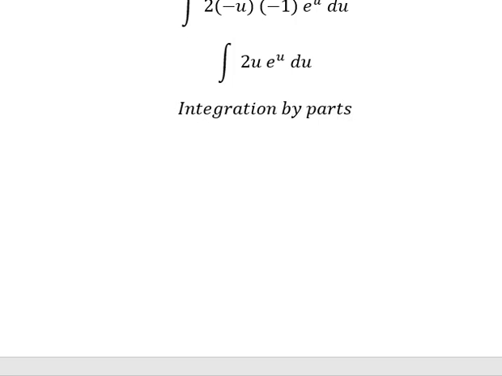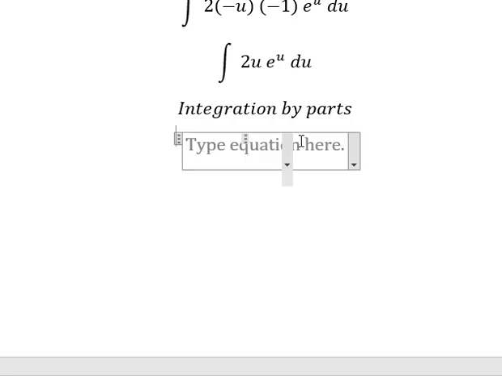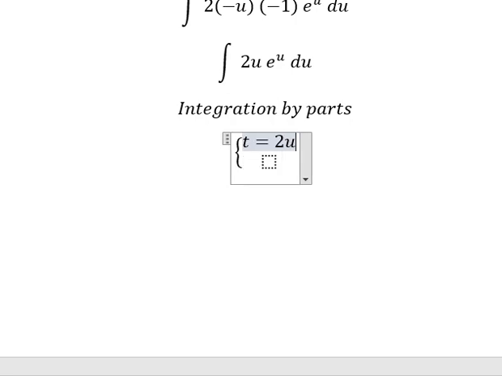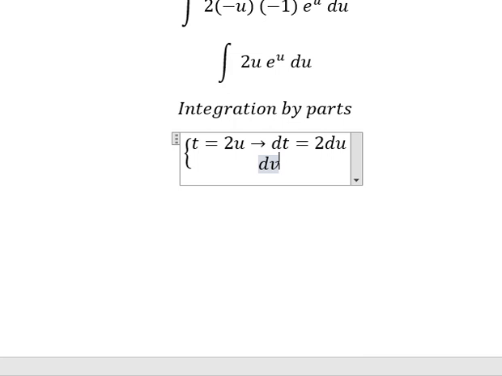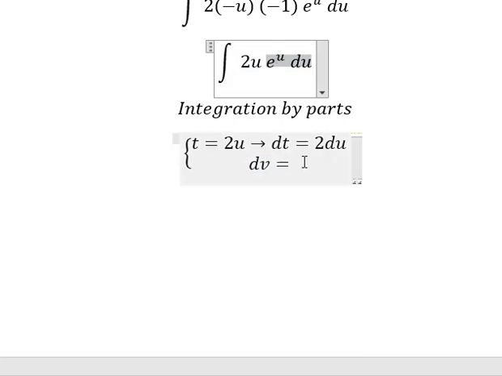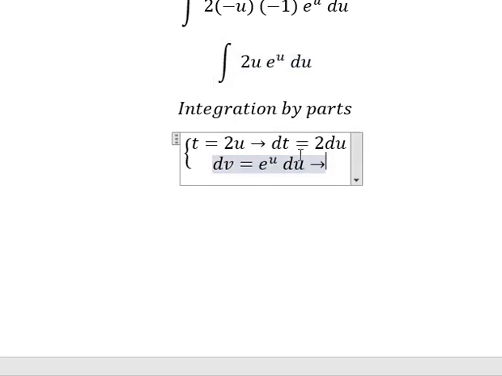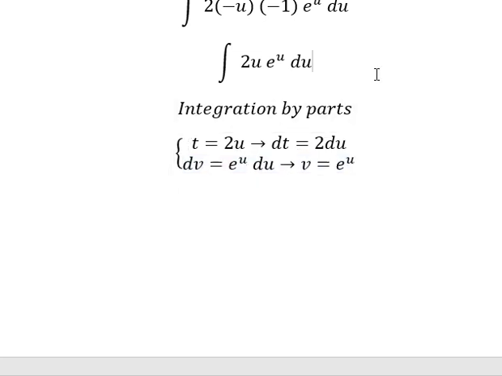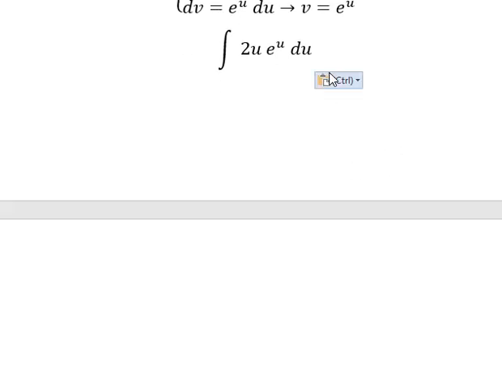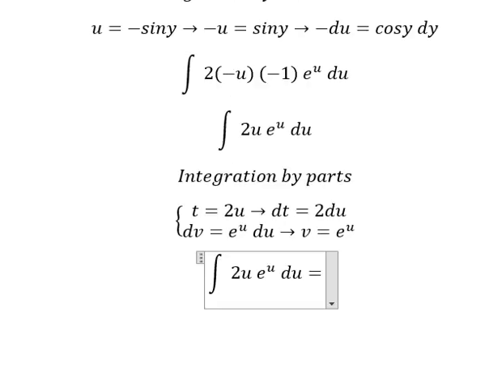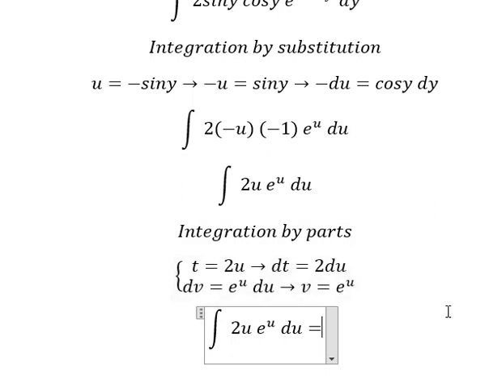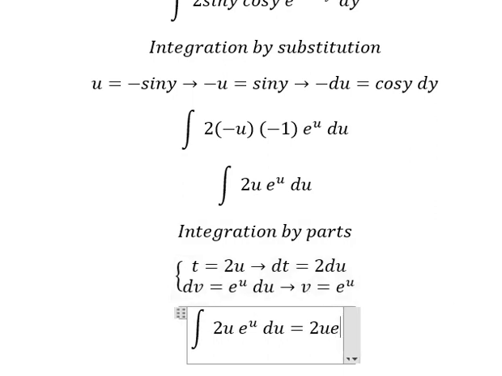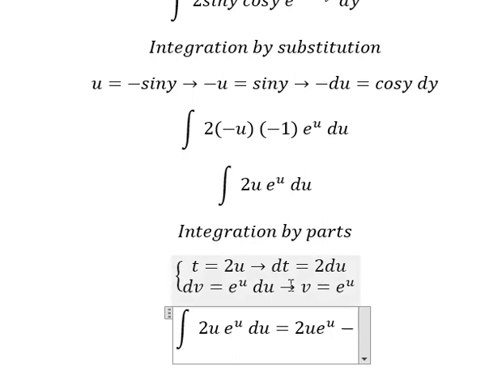So I will put t equals 2u. After that, we need to take the derivative of both sides, and we have 2 du. dv is about this one. The integration of this one, we have v equals e to the power of u. So we have t multiplied by v, so we have 2u e to the power of u minus